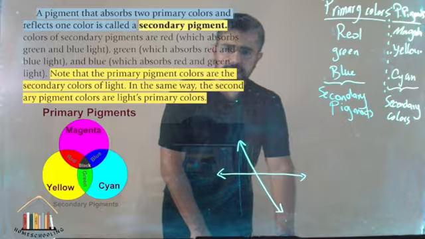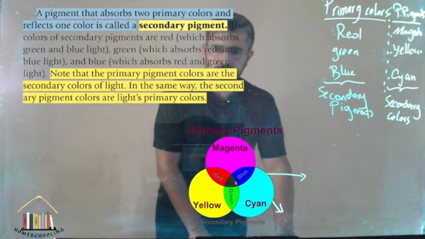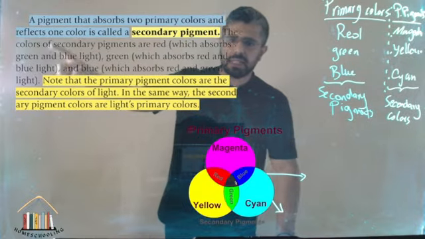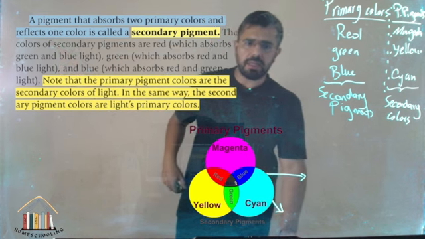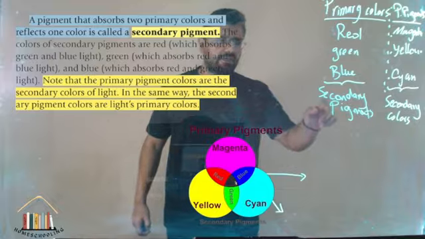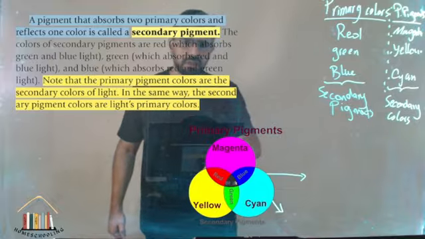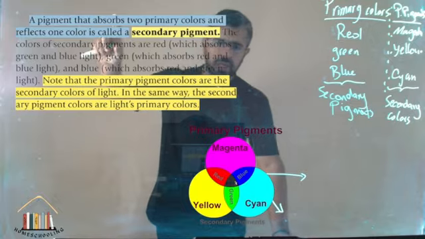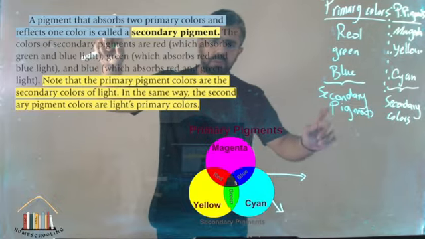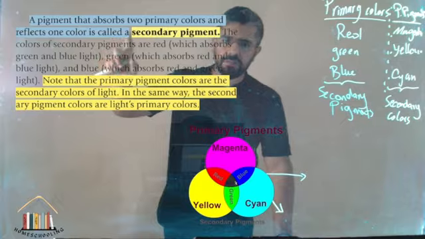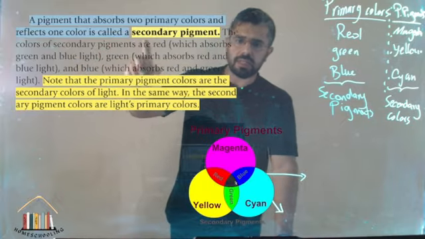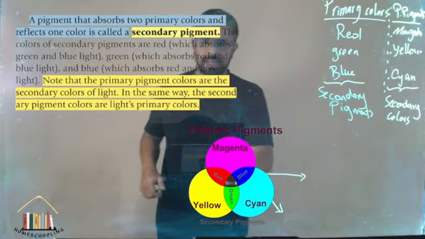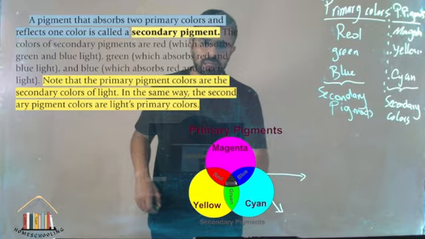Okay, so this slide is also discussing what I just mentioned. A pigment that absorbs two primary colors and reflects one color is called a secondary pigment. As you see here, we have red as the example of a secondary pigment. It absorbs two primary colors. What are the two primary colors? The blue and the green, and it reflects one color. This is why we call red a secondary pigment, and this also applies to the green and